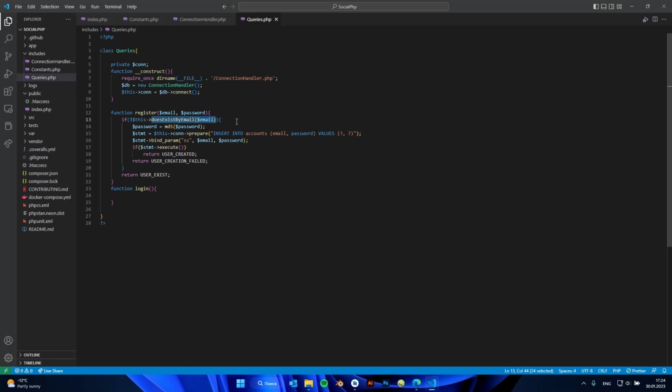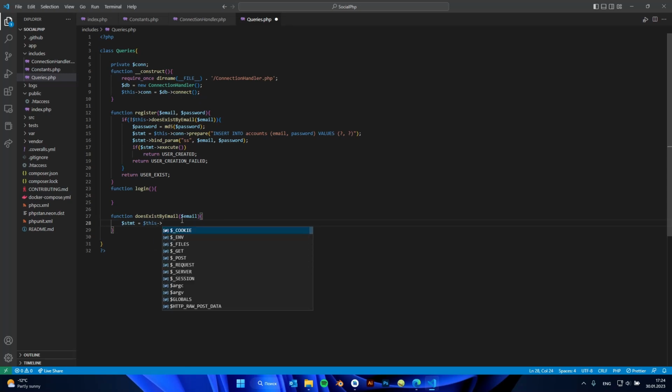So we don't have this method, so we have to implement it. Everything seems to be fine. Okay. So we can begin